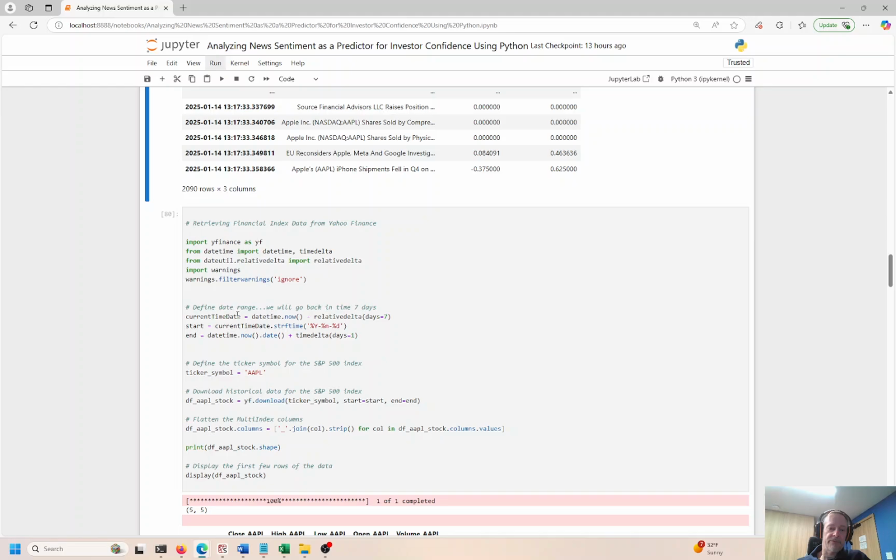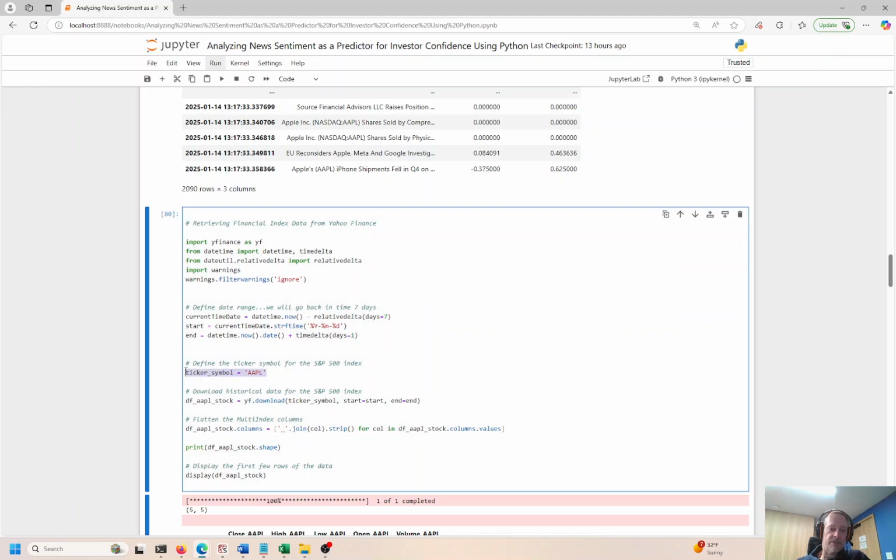Let me pull in some stock ticker data from Apple. So we're going to Yahoo Finance. I use this a lot. If you saw my other videos, I have at least probably 15 by now using the Yahoo Finance API endpoint, where I'm pulling in ticker data for Apple. You can get all kinds of data here related to